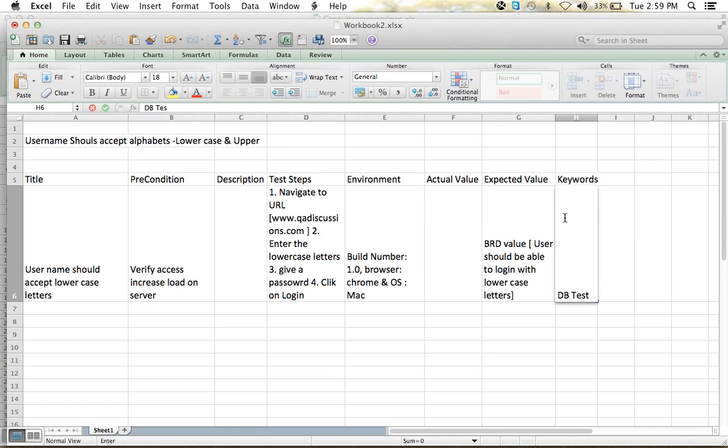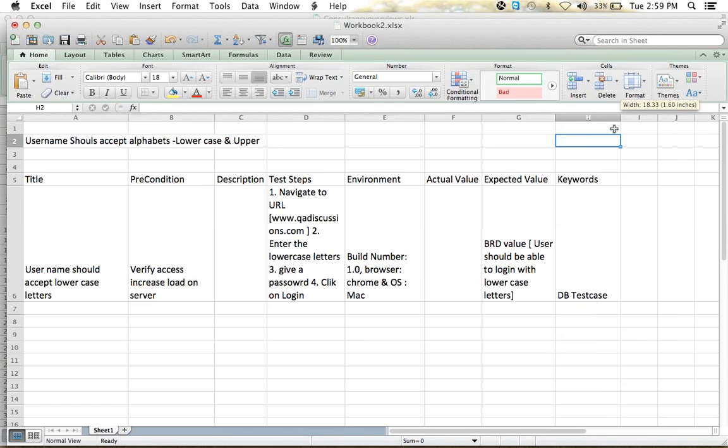We can write it as a DB test case. In which way does it help? If we are writing it as a DB test case, how is it helping me? For example, tomorrow if I go to a new database, first of all, before going to functionality testing, I'll filter all the test cases with DB test case, and then I'll first verify the DB test cases. Then only I'll go to regression testing, and then if there is any security testing like that. So if we give some keywords for these test cases, it will be easy.